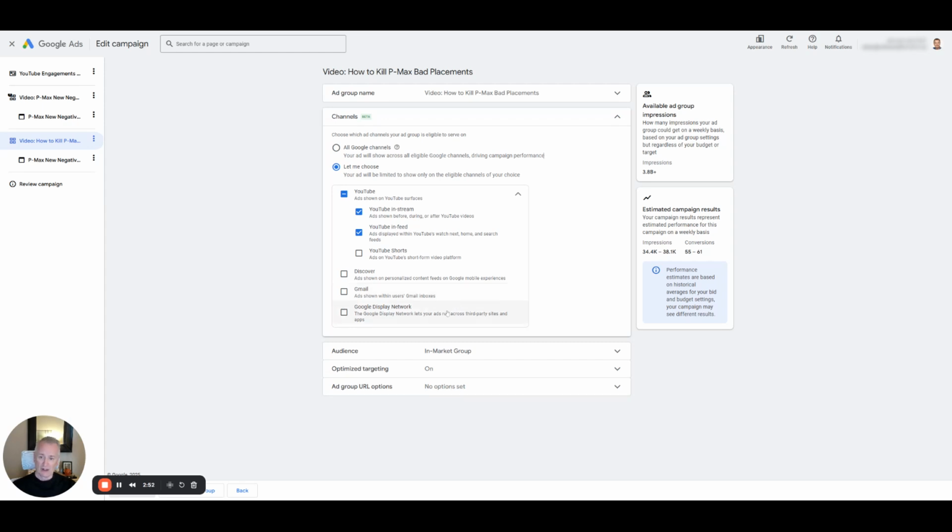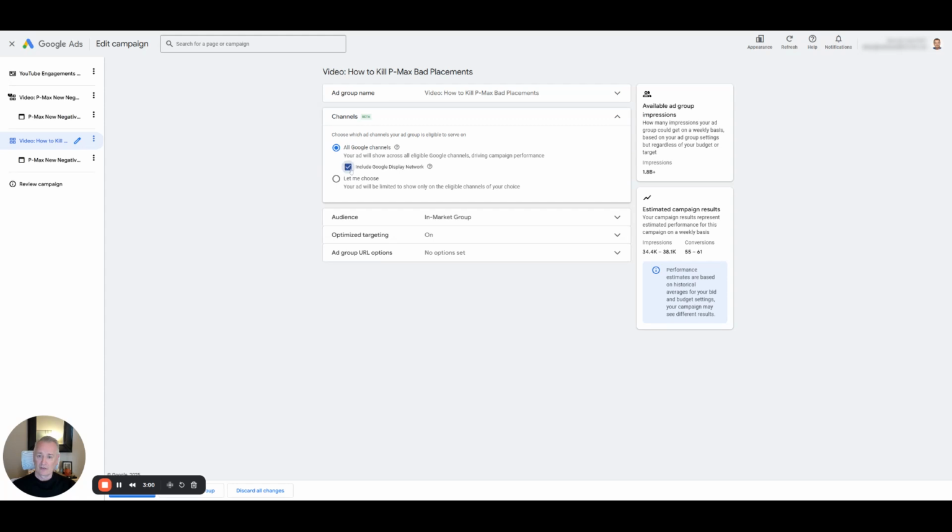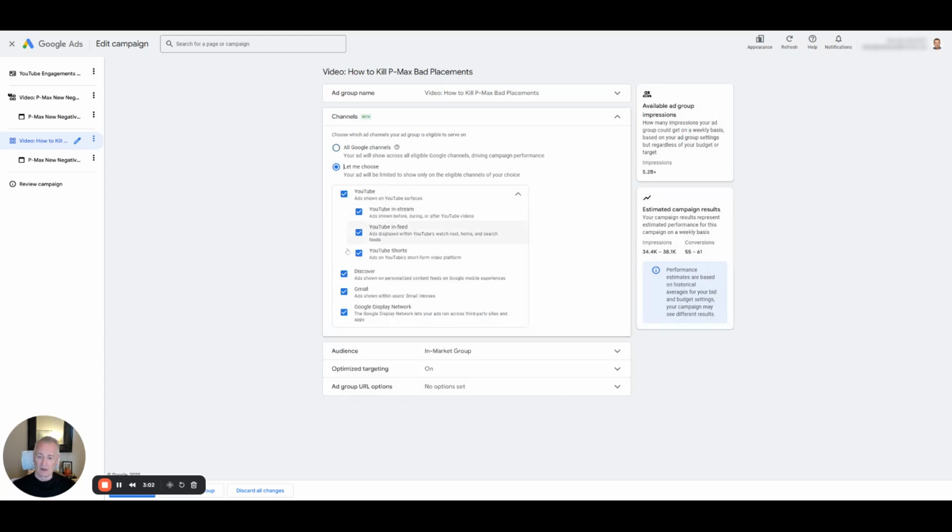And then interestingly enough, they give you Google Display Network here again. So that means you can do all plus Display Network this way. You could basically select them all here as well, which is identical, which is interesting. But this is what I'm going with here.